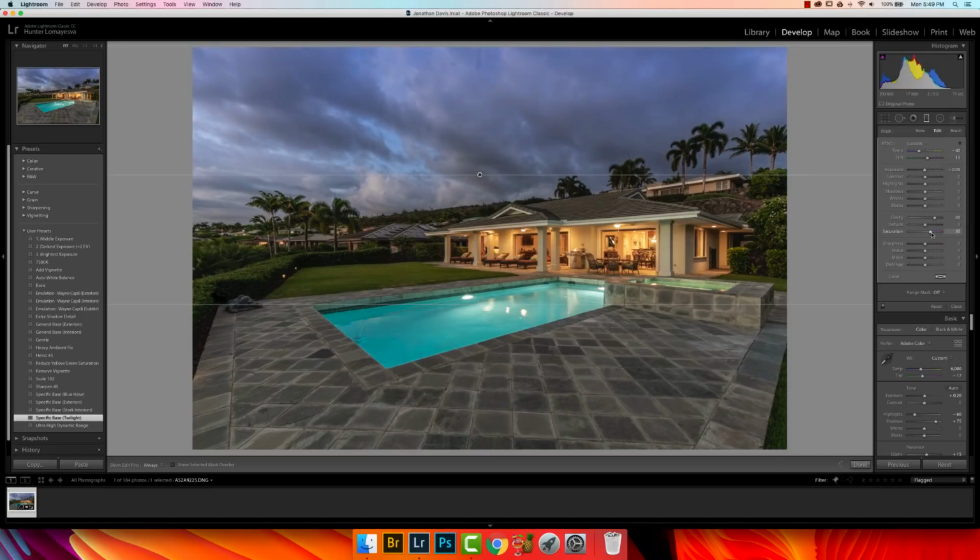Saturation, kind of want to put some saturation in there. Just a little bit of saturation, so about 20. Contrast, yeah, let's put some contrast in there. 20 in the contrast, and I want to make this more